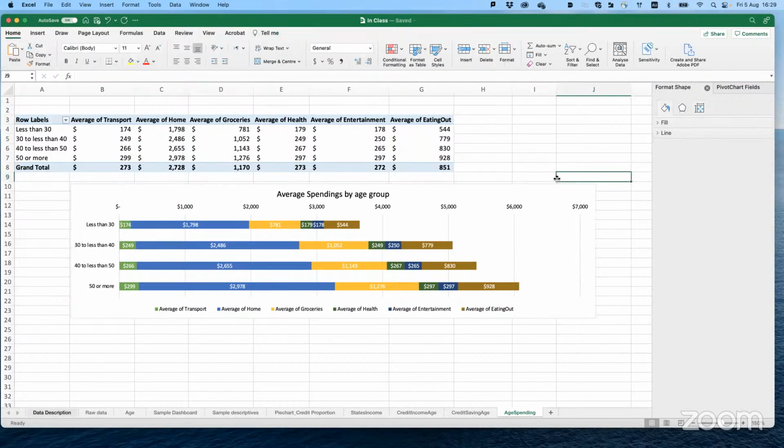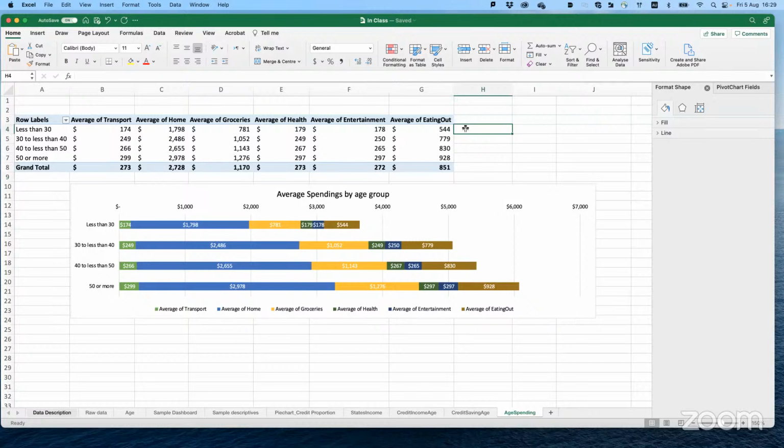No worries. Can we add the total number at the end of spending? It is tricky. Shane, it is a very good question. How can we add the total spending?